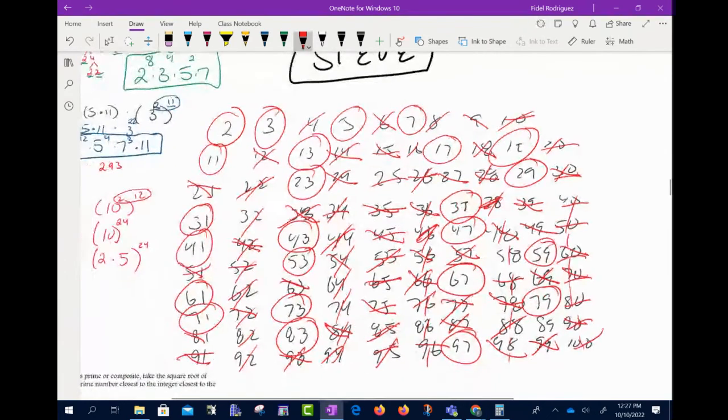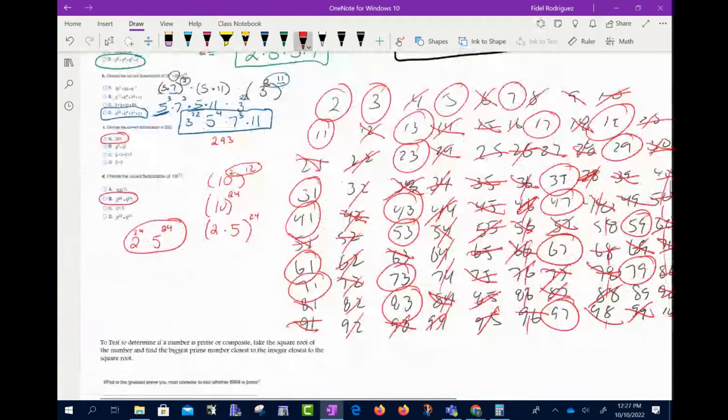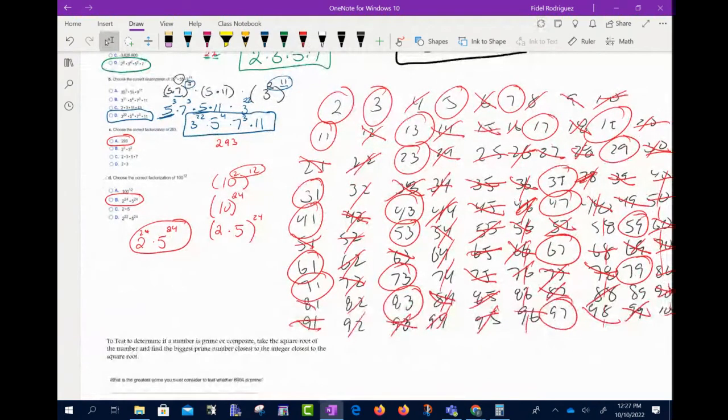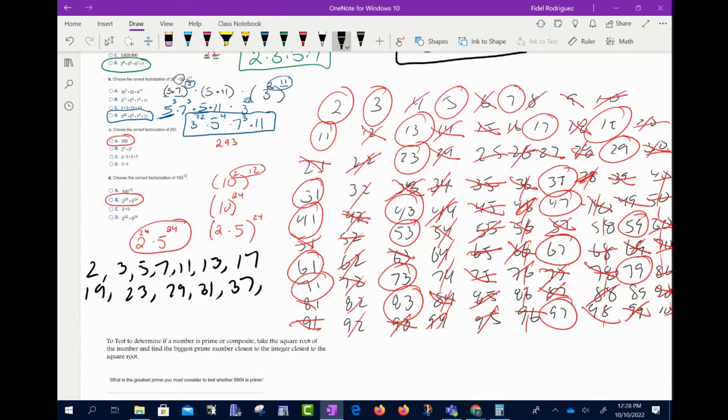So let's do this. I'm going to try to make a little list over here, okay? And the reason I want to do that, y'all, having this list is going to make things easier for me. 2, 3, 5, 7, 11, 13, 17, 19, right? 23, let's see, 29, 31, 37, 41, 43, 47,